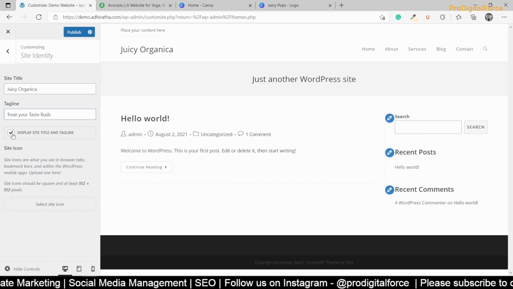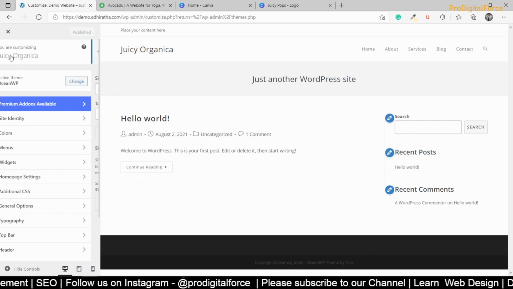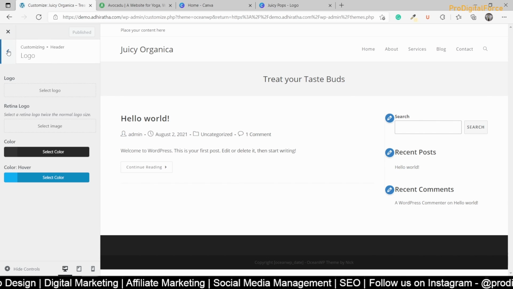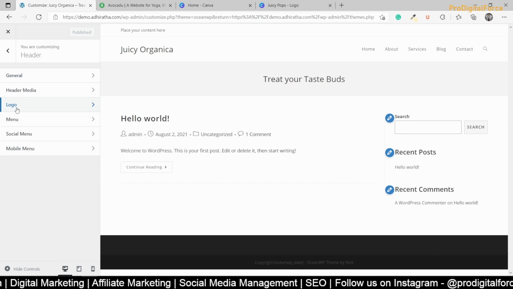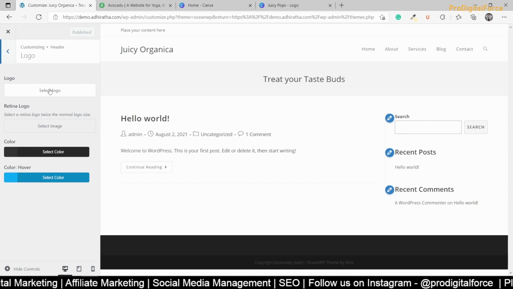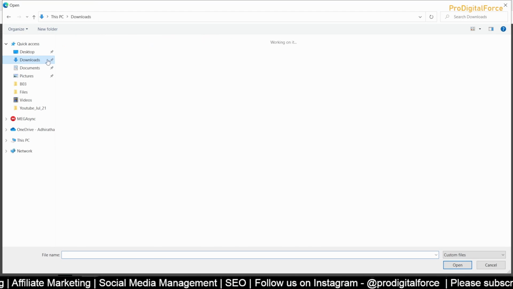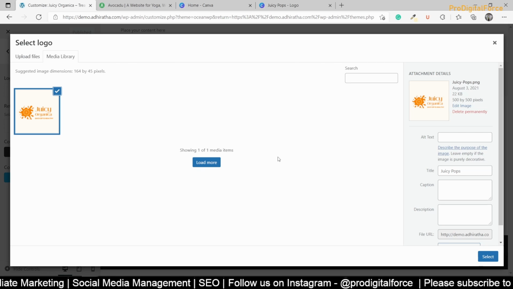Okay, maybe something like this. So display site title and tagline. Now we have to upload the logo as well. Sorry, in the header section, we have a logo option. If you click on this, you get an option to upload your logo. We just downloaded our logo, so I'm uploading that.